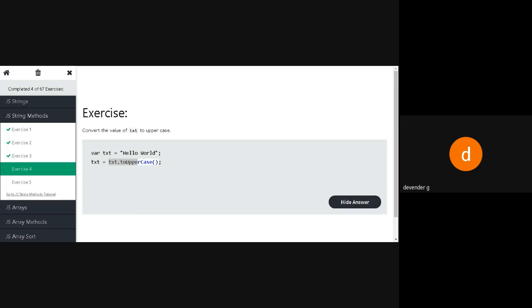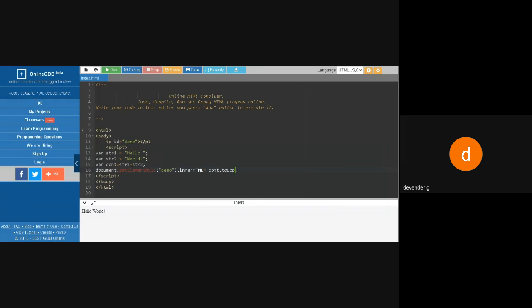Then I'll be converting this concat dot toUpperCase. The two texts which have been taken have been combined into a single text. That combined text we call a concatenation. That concatenation I'm converting into uppercase. So what is the function we are using? toUpperCase. Now we'll see.